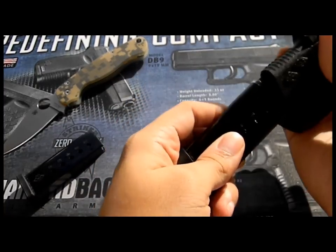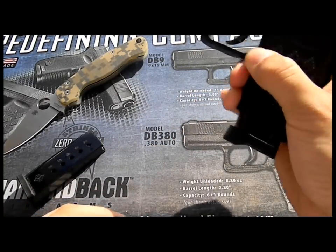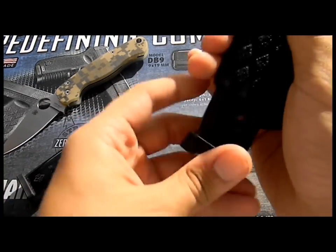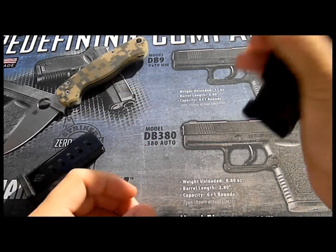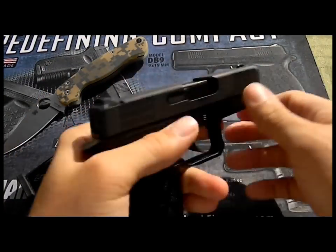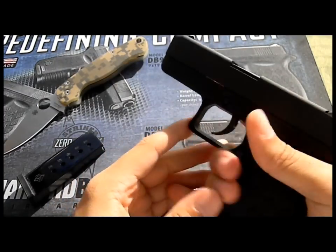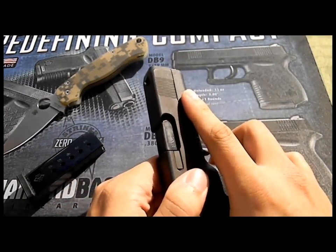Same with the DB380. Oh, this one comes out a little bit. This one gives you a nice eject and you can pull it out. But for it to come all the way out, it's just not going to happen. You still have to pull it out, which is a good thing with these small carry guns. That's one of the issues with a lot of these pistols, is that they're so small. People with big hands just happen to hit that mag release while shooting or practicing,